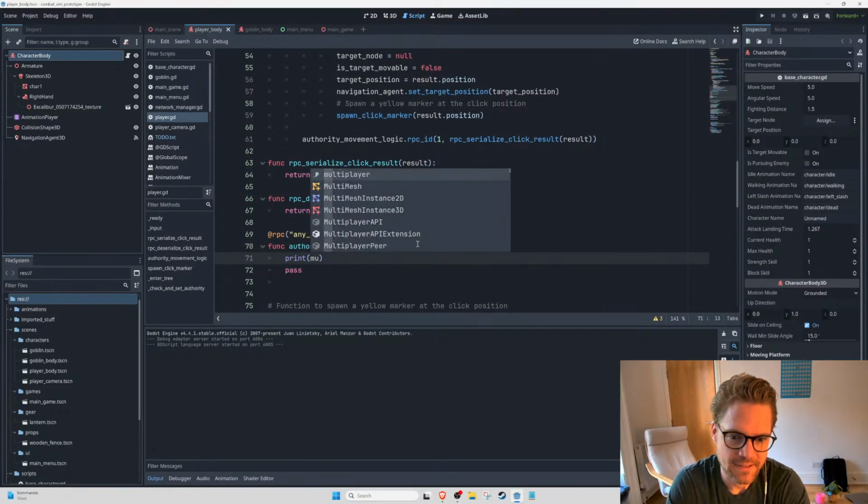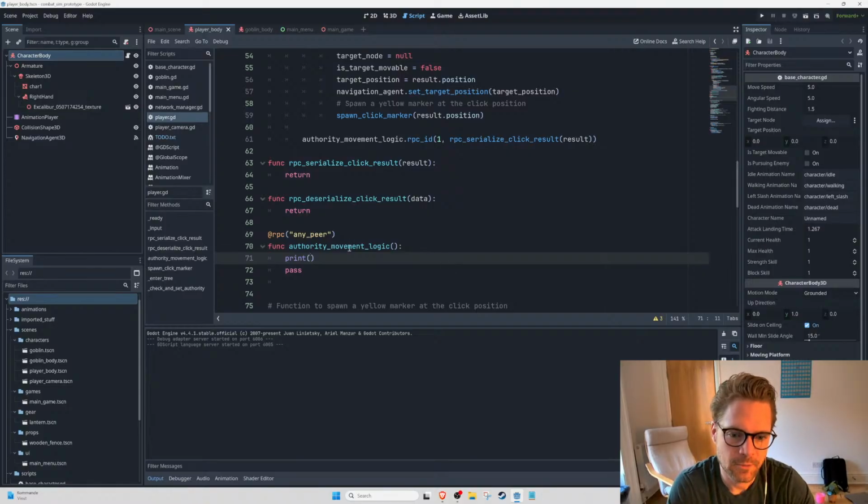So when we get the signal to the server, I want to print server received movement instruction